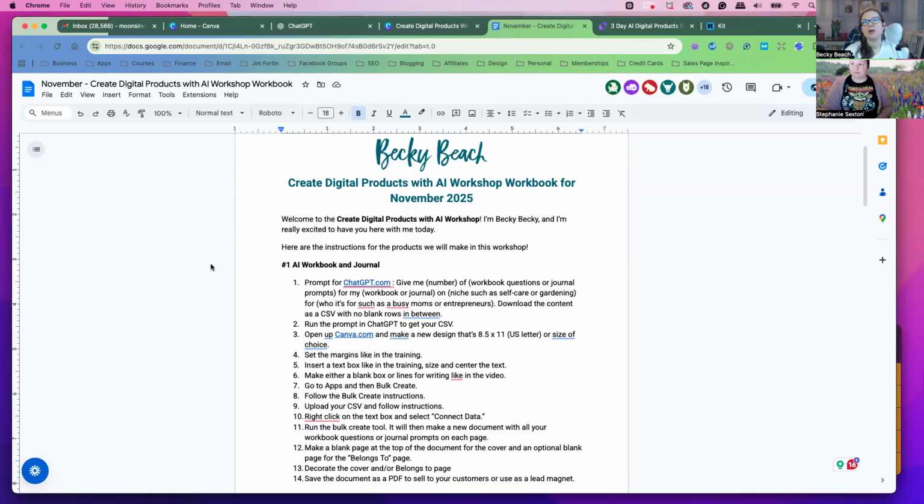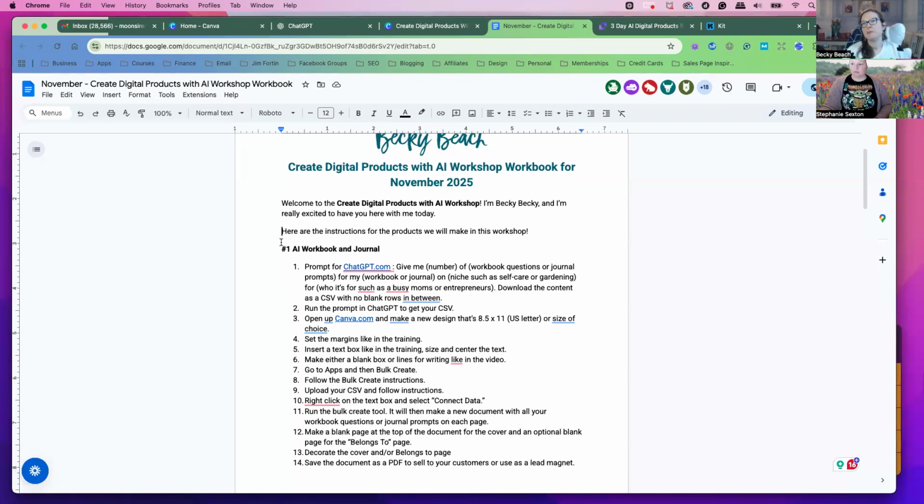Okay, awesome. Yeah, I'm really leaning more towards a personal growth journal. I think that would be really effective, and that can be applied to several different niches, actually. It's kind of on the simple side. I think that would be really helpful. So in here, it'll tell you what to do.